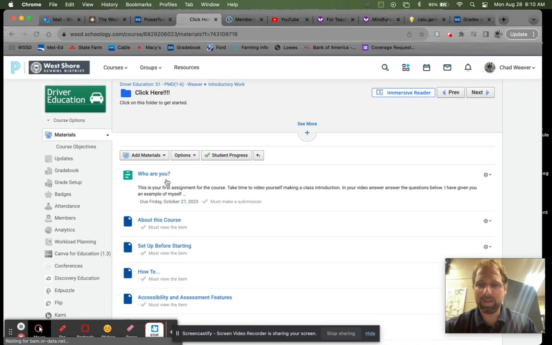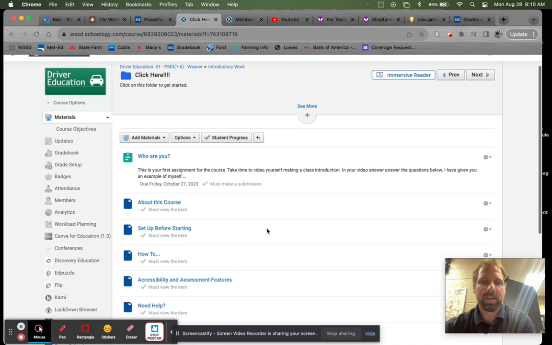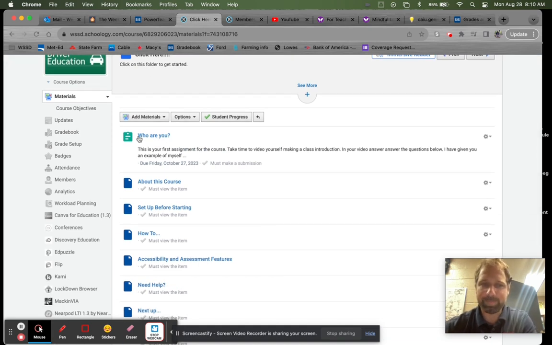There's a couple items in here I want to alert you of. The first one is this is an assignment. This little icon that's here indicates that it's an assignment where they have to create something and then submit it. It also says that they must make a submission before they can move on. So that little check mark, once they do that, it'll become darkened. That indicates that they've made a submission.